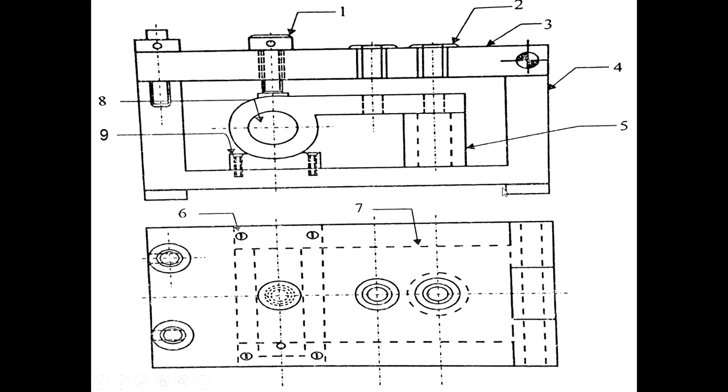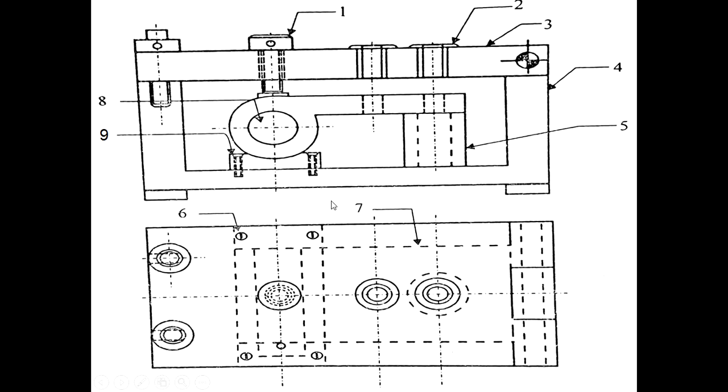Now most important thing is that whenever you are designing a jig and fixture, you have to consider loading and unloading of the component, in which direction you are going to load and unload. In this case, the loading and unloading will be done from the front side, that is from this side. The front side is open for this jig, and for unloading the component you have to loosen clamp number 1. You loosen the clamp, so pressure will be released, and simply by pulling the component in the front direction you can unload the component from the jig.